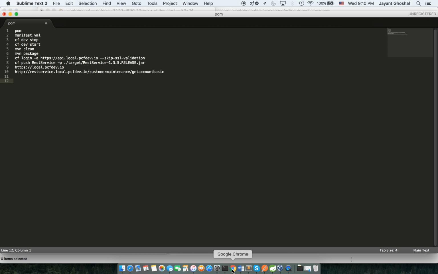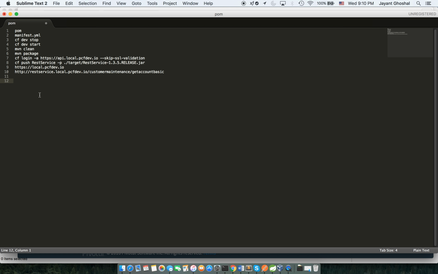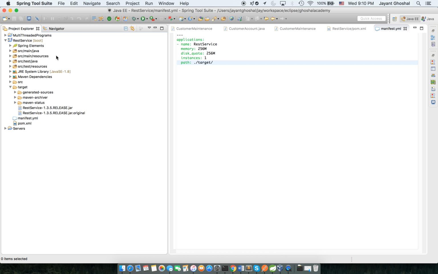So we will go back here and take a look at it, and once that is done, we are essentially going to click something here that will take us to this particular URL, and minus this customer maintenance get account basic, we are going to enter it and see the call return data. Okay, so let's see if our guy started. It's still starting up. Just to refresh our memory,